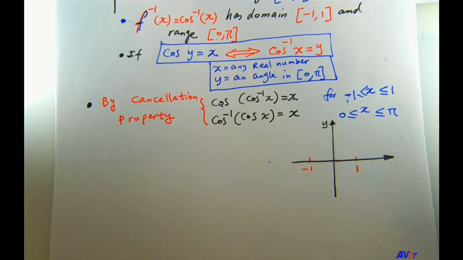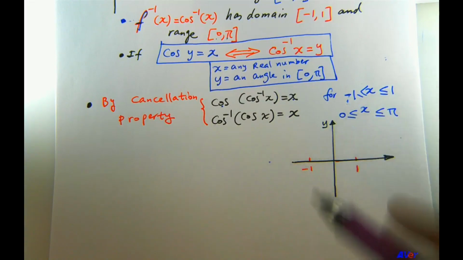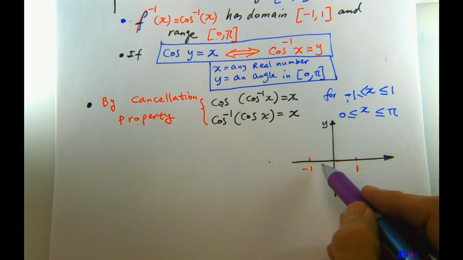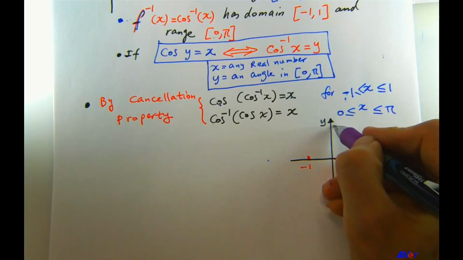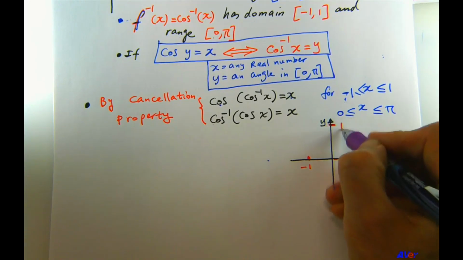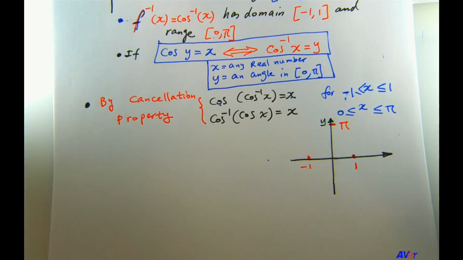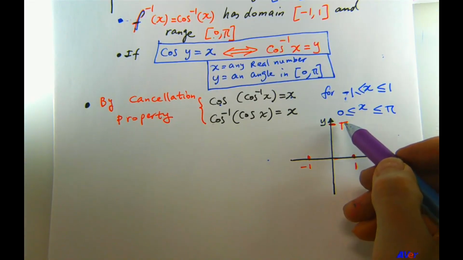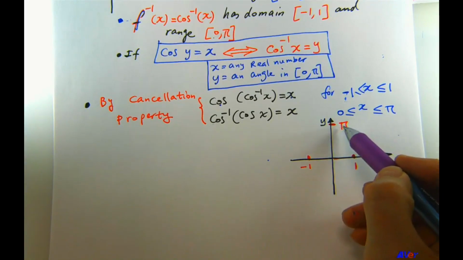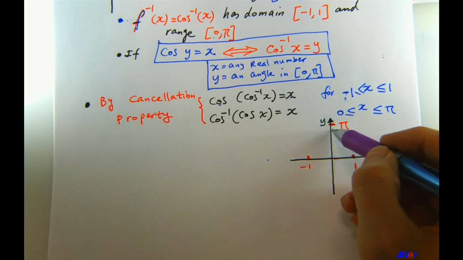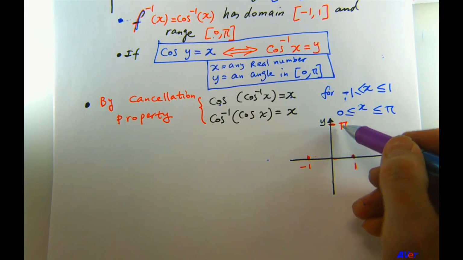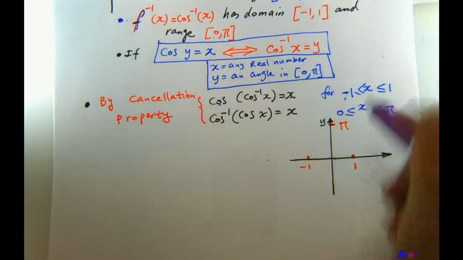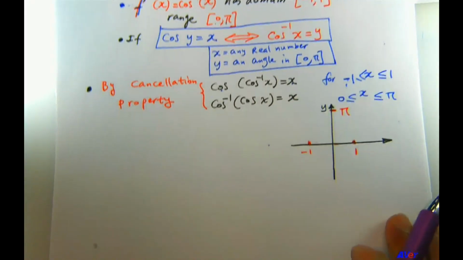Pi is 3.14. So if I drew my graph to scale, that should have been 3 times this distance. Unfortunately, I didn't put these increments in the right place. But let me try and put it up there. So let's just assume this is pi, for the sake of this graph. But I acknowledge that this is not to scale because pi is 3.14 if we round it, and this is just 1. So realistically, this distance here should have been more than 3 times this distance. And it's not. It's just that I'm a little bit out of space here, so I'm drawing a small graph.